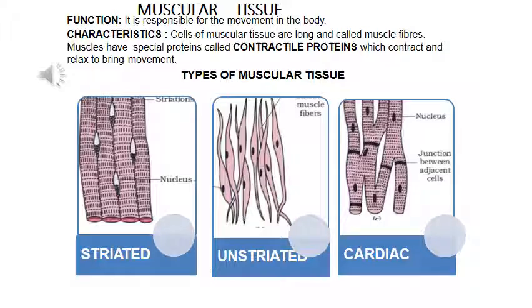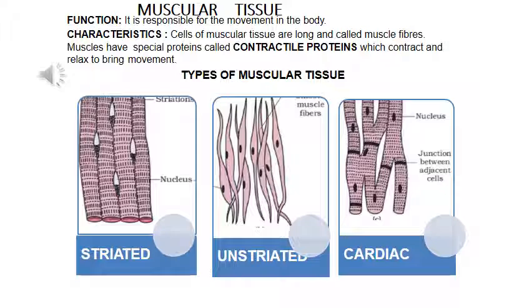We'll study the structure of these muscles, we'll study the location and the function. Now striated, as the name suggests, it has striations. Can you see these striations in the diagram? It has many nuclei also. We'll find out why it has many nuclei. Can you see unstriated in the diagram? These muscles are spindle shaped, with tapering ends. This is also known as smooth muscle cells, right?